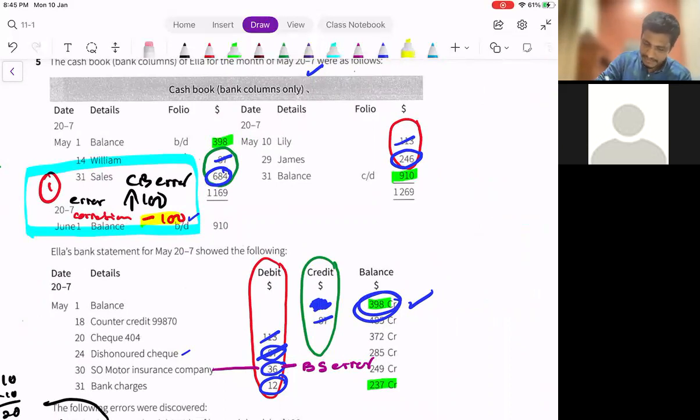If you check here, 87 William, 87 plus, and then minus again. So the 87 is actually William's check. If you realize this, you write the name William dishonored because the amount is the same. You plus here, the bank also plus on the 18. You receive the check on the 18, and after a few days the bank processes the deposited check. Only on the 24th did the bank realize it was dishonored. That's why the 87 is plus there, and then the bank minus again.